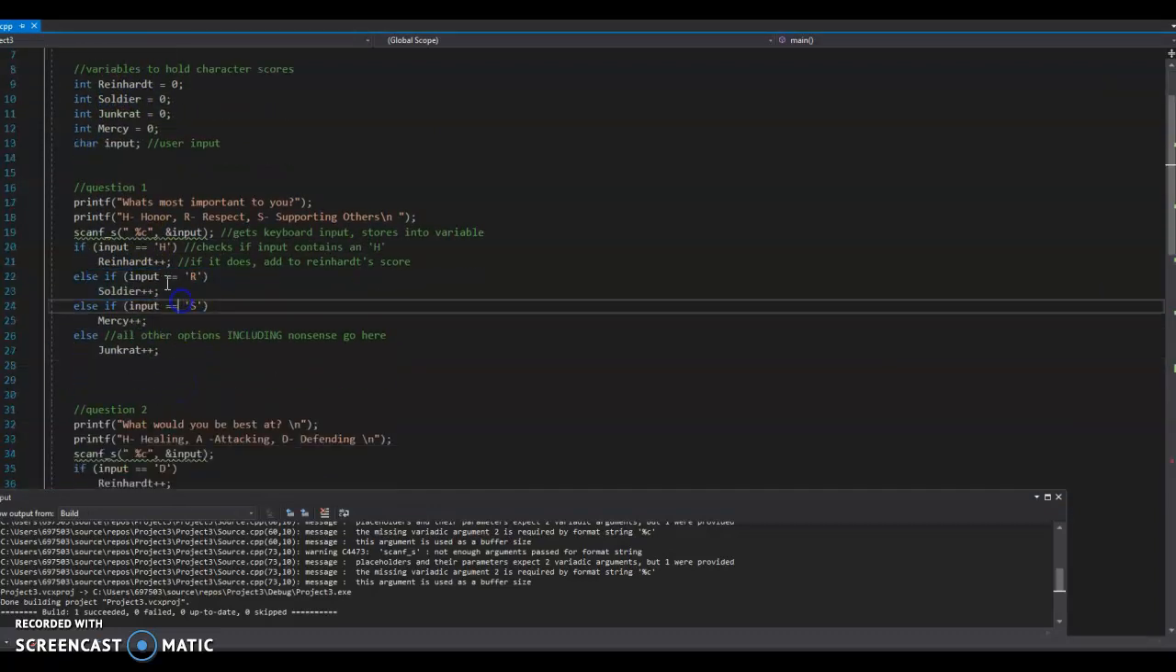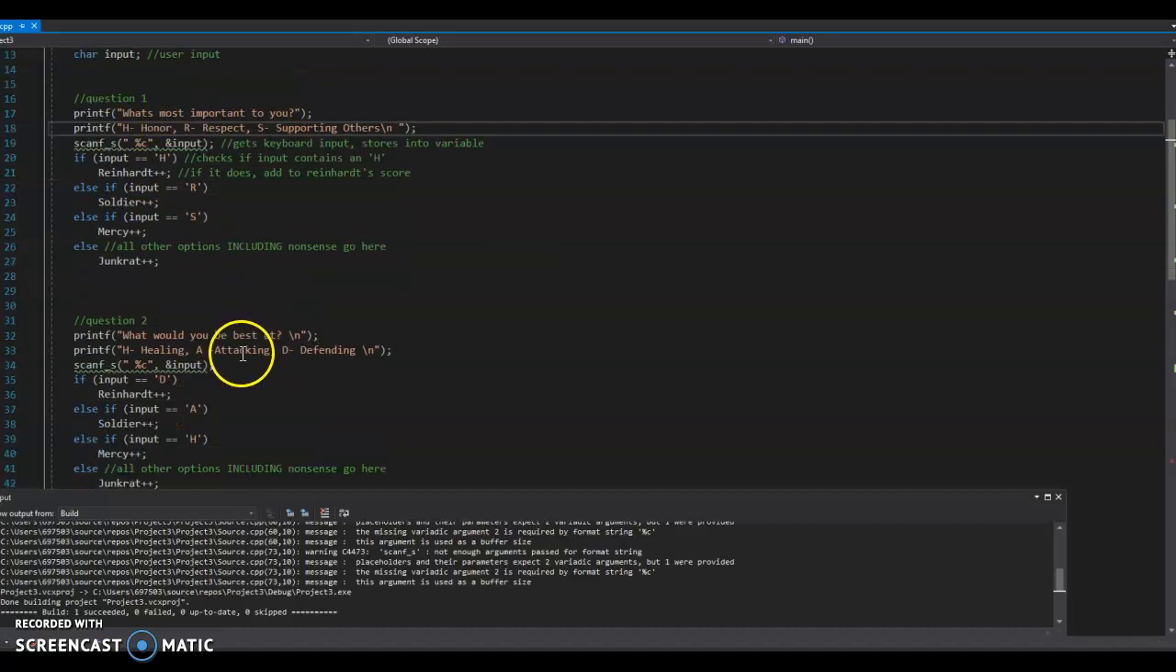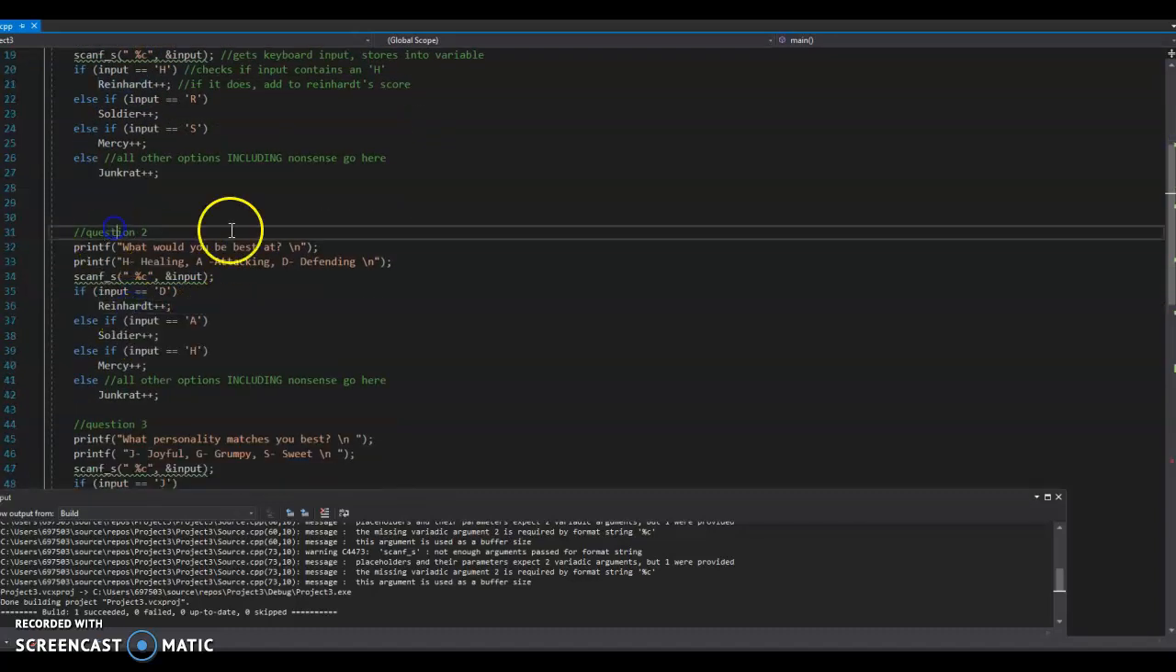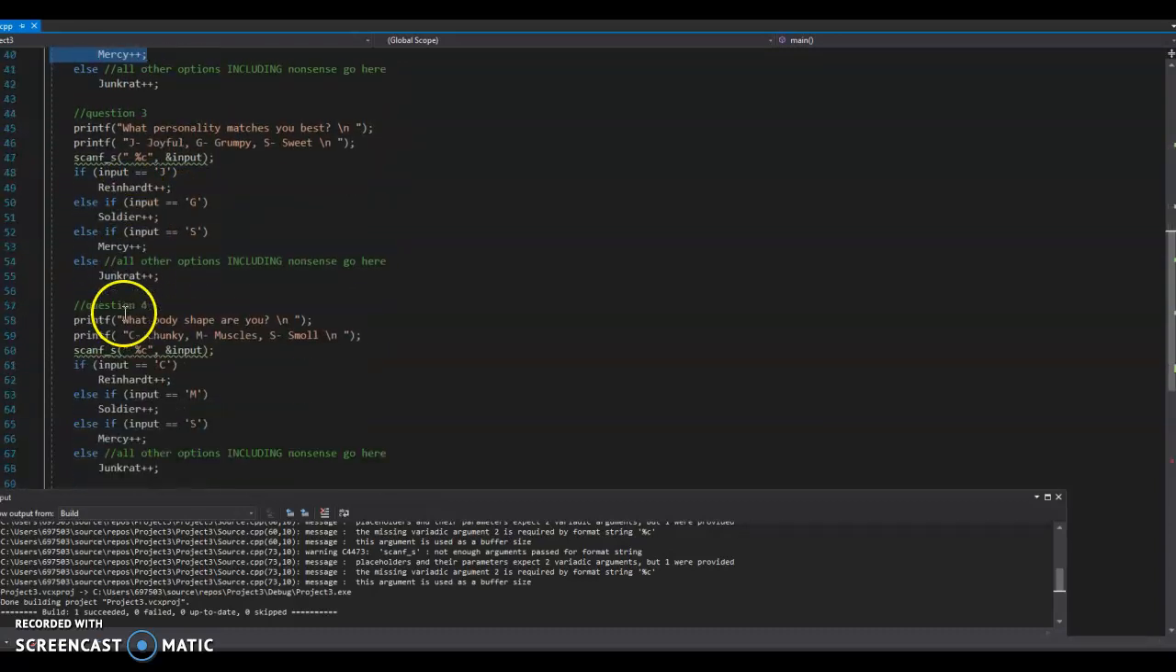So there's this first chunk of code. This right here gets the keyboard input. It stores it into a variable. The if statement pretty much checks whatever the user inputs, if they input R, S, H. For the next line of code, it's pretty much the same as the first question, and so is the